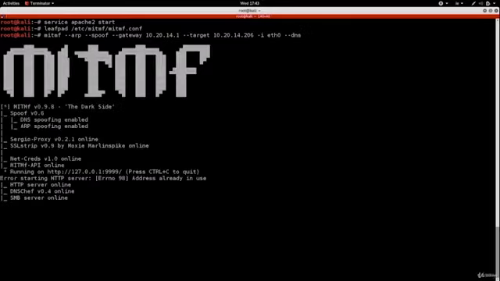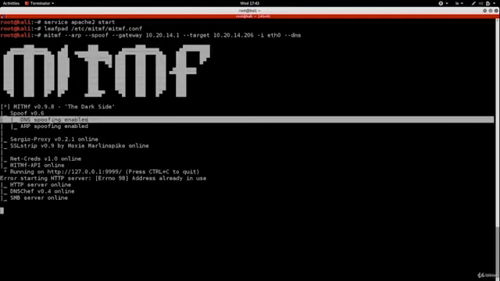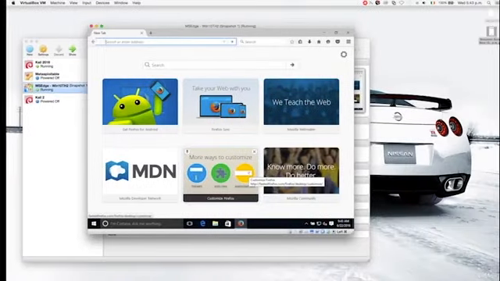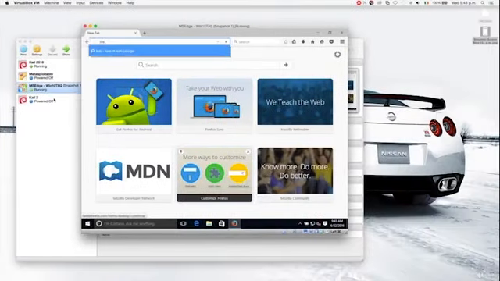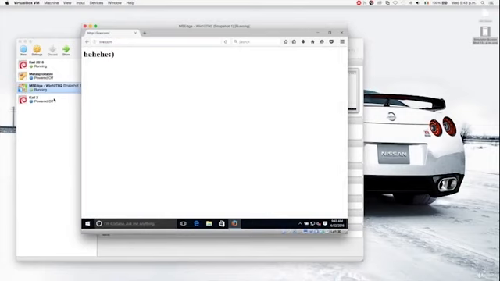Gonna hit enter, and you'll see that DNS spoofing is enabled. So let's go to the target and try to go to live.com and see what happens. And as you can see, live.com actually uses HTTPS, and it has been redirected to our own website saying